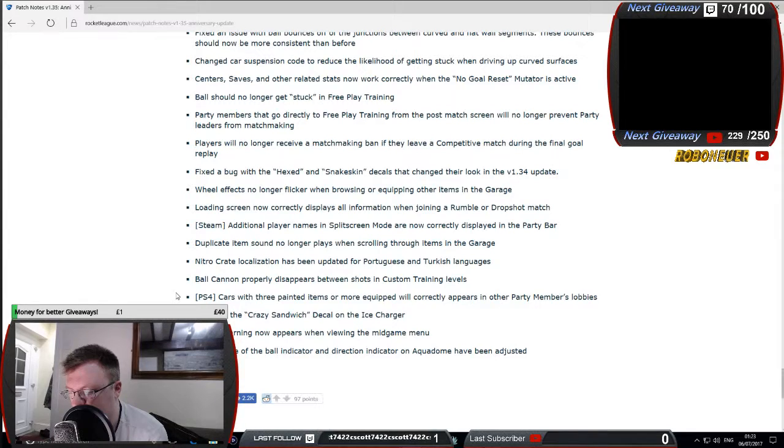I'm not sure. What's the mid-game menu? Is that like after a game's finished and you're waiting for the next game? Because there's already a countdown there. Why would there be an idle warning? Appearance of the ball indicator and the directional indicator on Aquadome have been adjusted. That's a good idea, because I do remember that being a bit of a problem with the reflectiveness of the whole arena and stuff. It was a bit weird. Anyway, right. So while I check to see